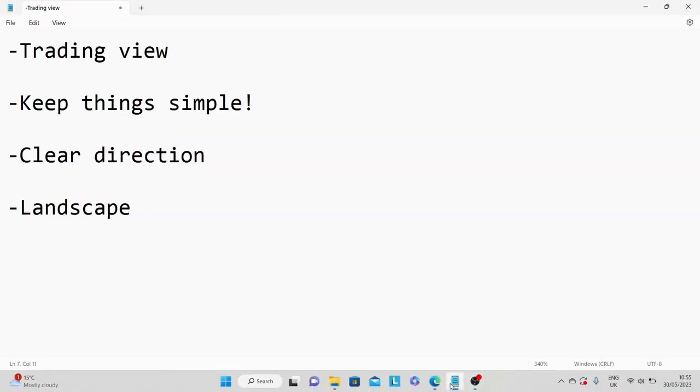So I will be going over onto the phone in just a second, but it's easier to showcase to you guys the trading objectives that you need first of all in order to better understand when we move onto the phone, because the phone's a little bit smaller and it's a little bit harder to see. So the first thing that you're going to need is a wonderful app called TradingView. This is where you're able to do all of your market analysis. You're able to draw your trend lines, support and resistance. You're able to add indicators. So TradingView up here, 100% is a really important thing to have,